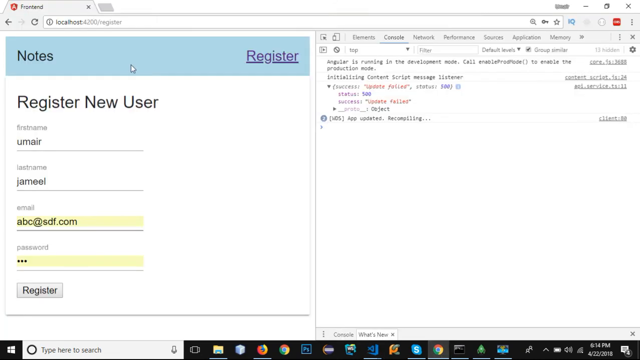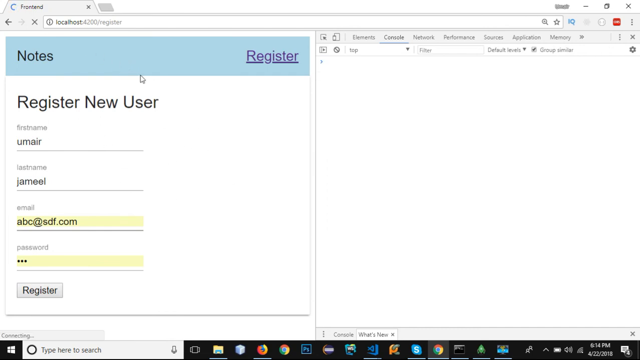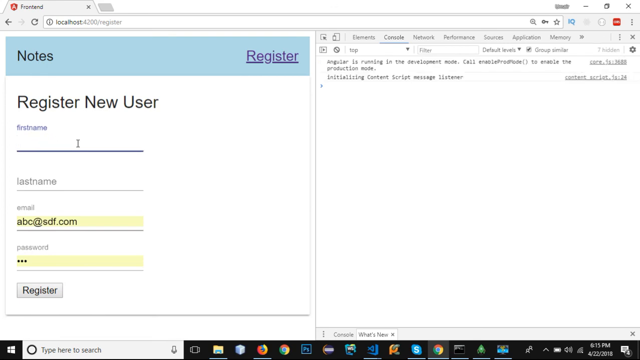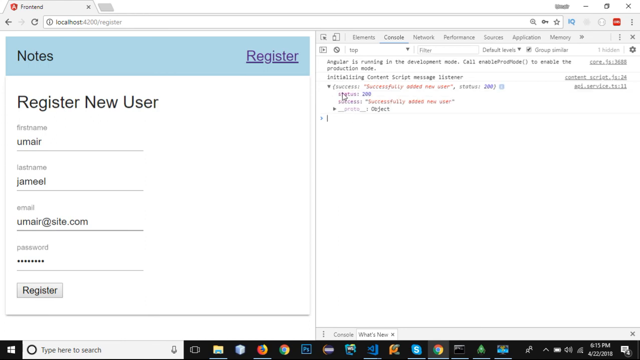Okay, so let's go to our browser, and it needs to be reloaded again. Now let's add the data right here, and we have already added the email. Let's change it to the site and change the password ABCD1234. Okay, so let's register it, and you can see that it is giving me a response status 200 successfully